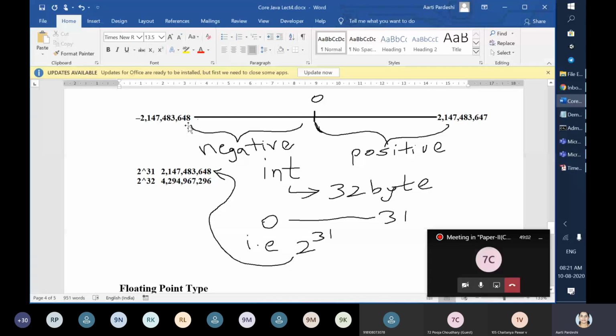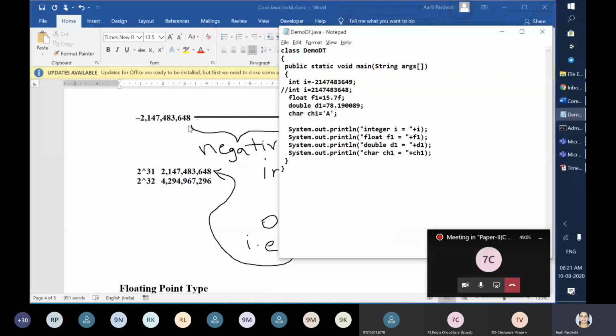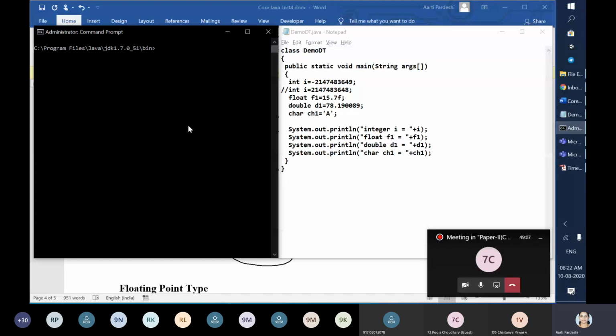In the code, let me pause so that if there is a lag, you will be on this prompt. Okay, so here we are trying int i is equal to minus 2,147,483,649. The max negative value's last digit was 8, but I am changing it to 9.